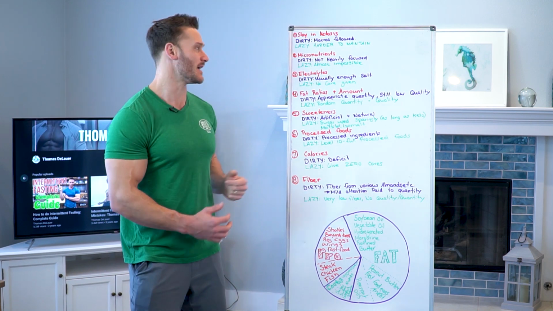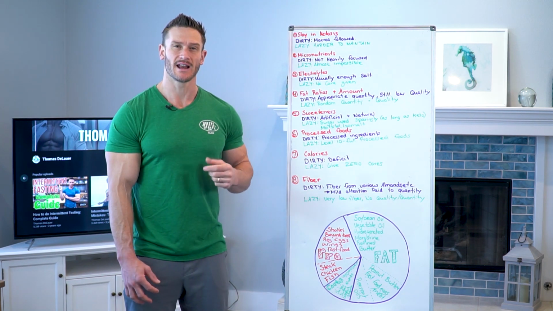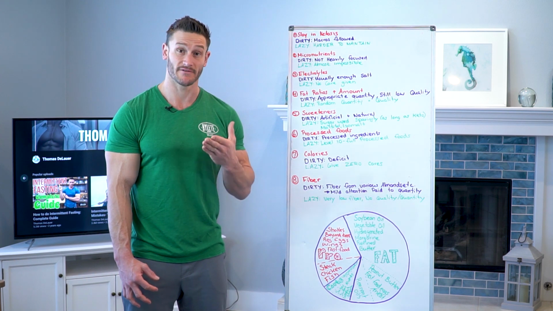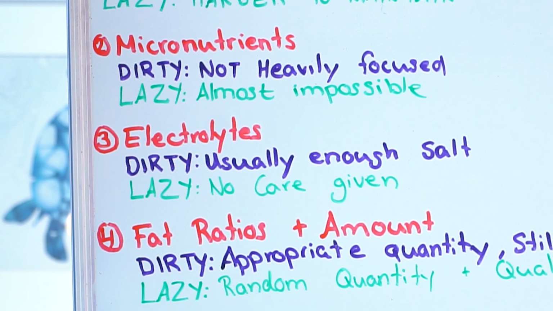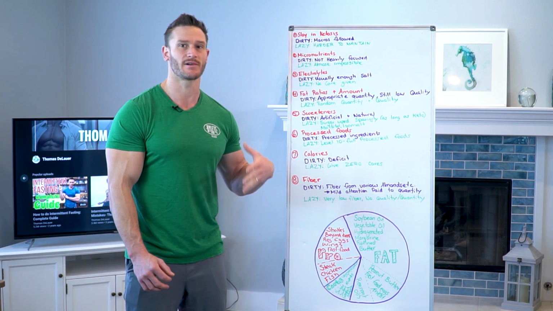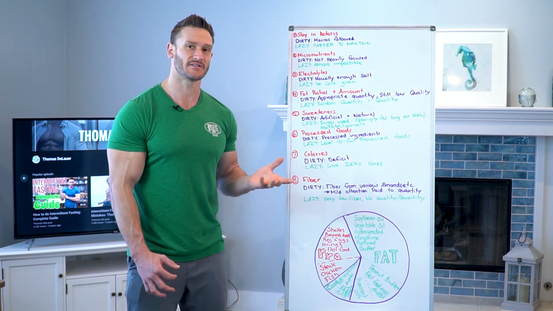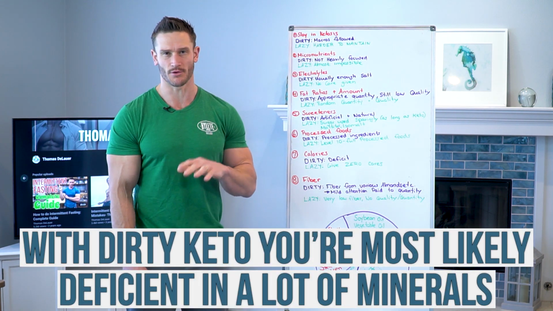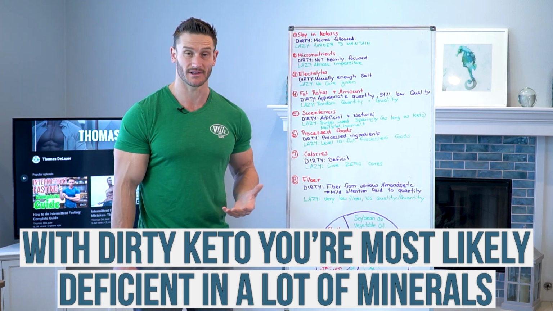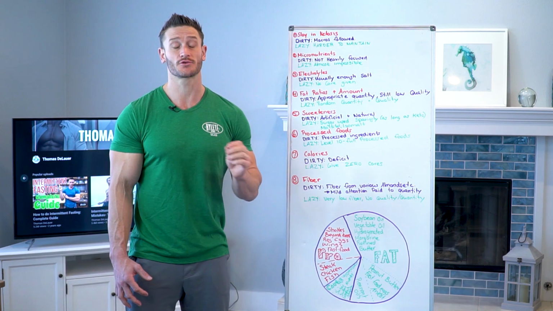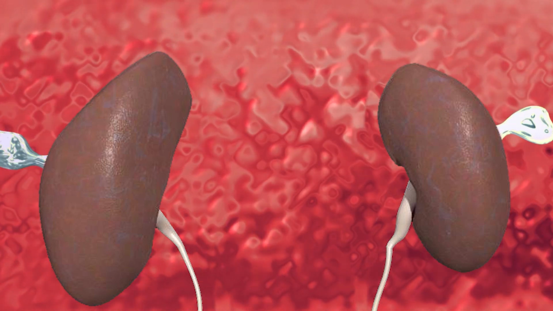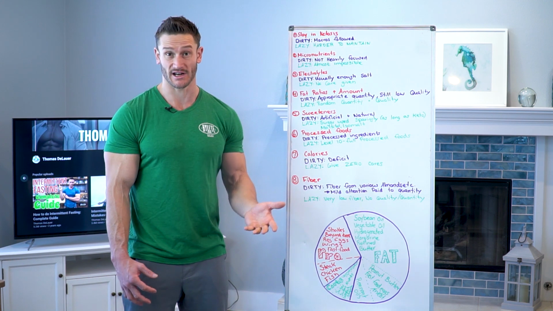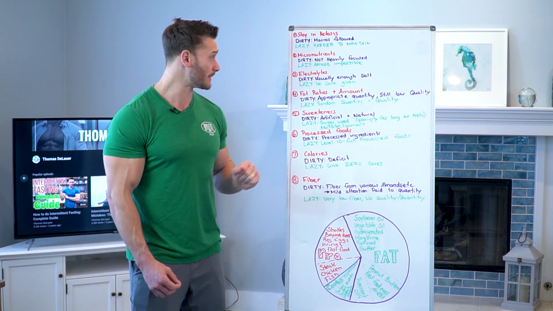Which leads me right into number 3, electrolytes themselves. Now it sounds like a small thing, but it's very, very important on keto. With dirty keto, you're usually getting enough salt because you're still fitting within a given profile, right? You're probably eating lots of meat, and you're probably getting enough salt, but you're probably deficient in a lot of your other minerals that would normally balance out your electrolytes, which by the way, on keto are extraordinarily important simply because the kidneys expel extra water when your insulin levels are low. And when you're on keto, you're not having many carbs, your insulin levels are naturally lower, okay?